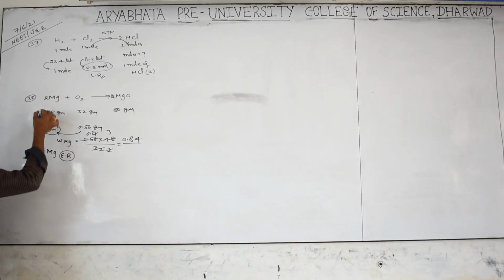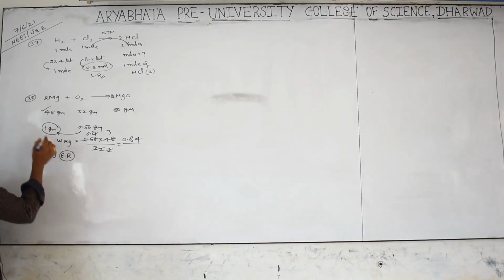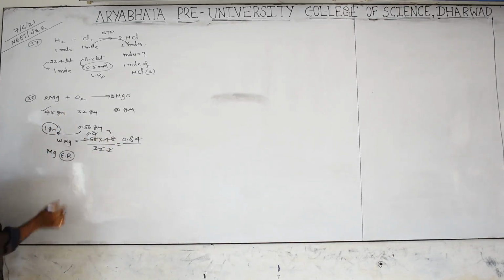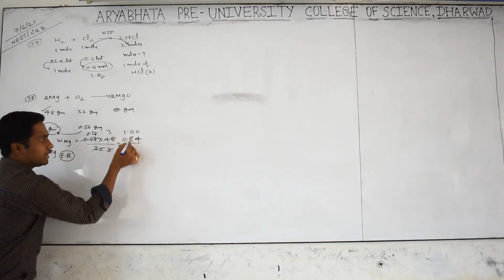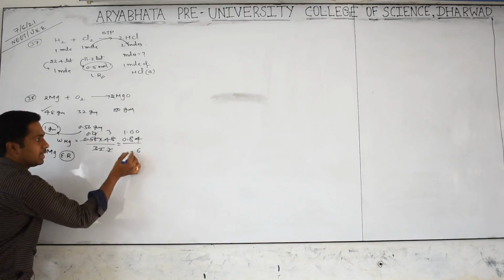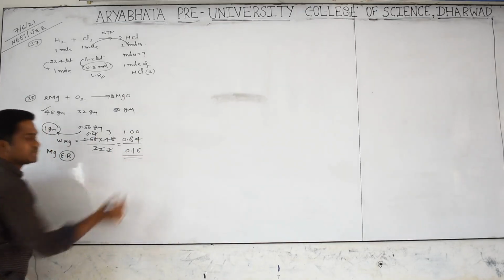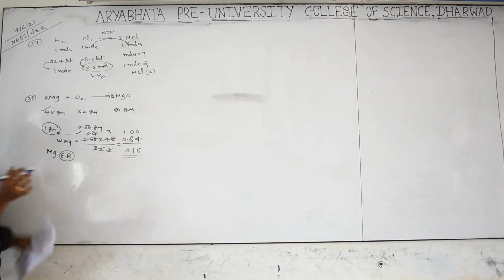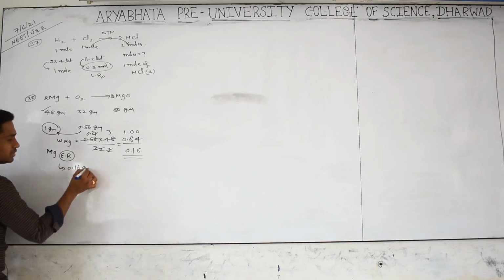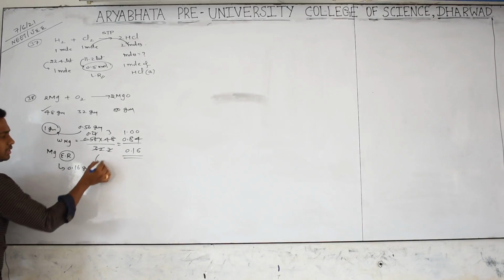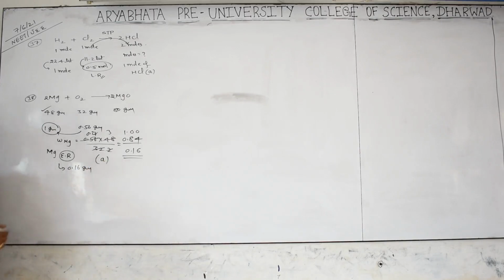If you take 48 grams, and 1 gram you are taking, how much is consuming? 0.84 is consuming. 1 minus 0.84 is 0.16 gram, which is excess. So magnesium is excess. How much is excess? 0.16 gram is excess. Option A it is. It's a very good question. And you can come for 39.